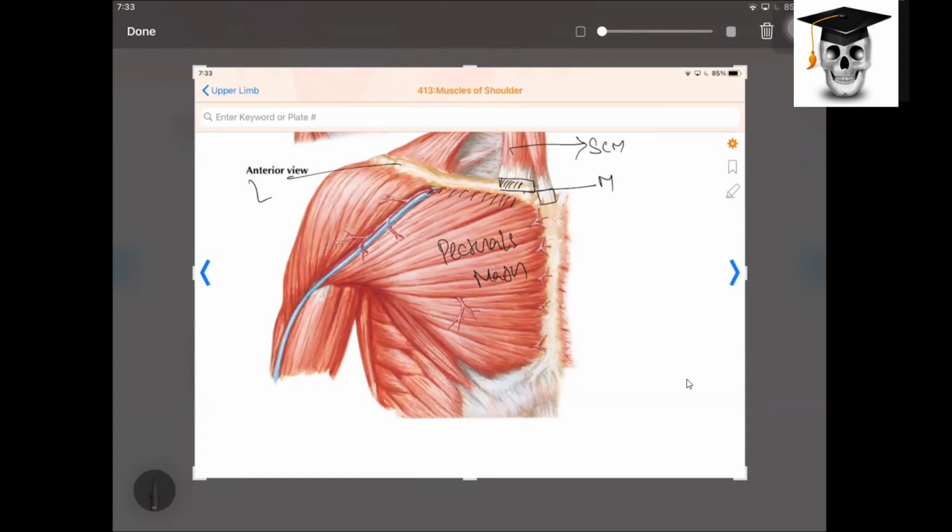Okay, now you go more laterally. This is a junction where it is called the medial two-third, and this we call the lateral one-third. So in the lateral one-third, this border, the anterior border, gives attachment to your deltoid. Can you see this clavicular fiber of deltoid? Now you see posteriorly, this is the posterior border. This one is your trapezius. Making sense? Okay.